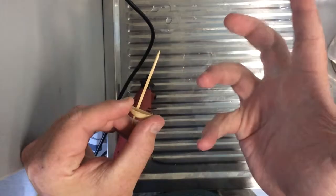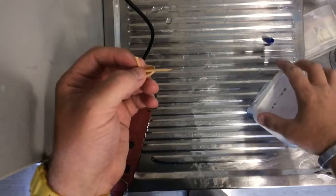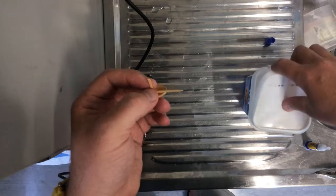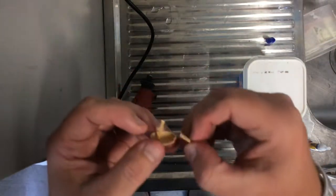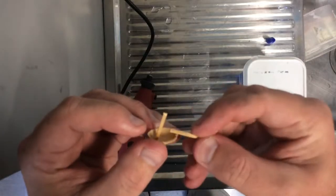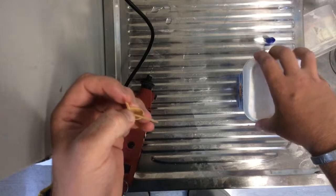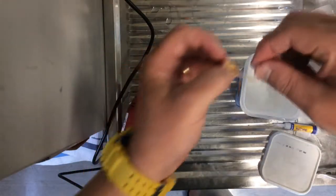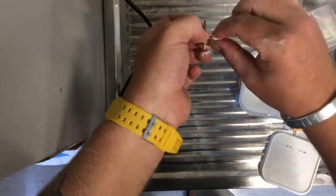So stick around. This is a really simple build. It's not going to take us long. I don't know if you remember this from a couple of videos back. Pro tip, if you get some baking soda and sprinkle that on your project, that is going to make your super glue instantly set. So if I sprinkle a little bit on the underside there,